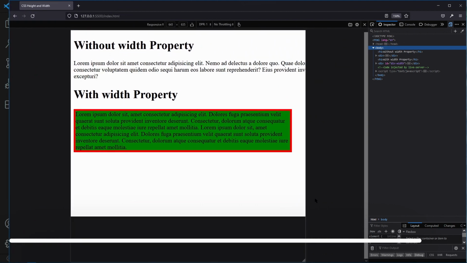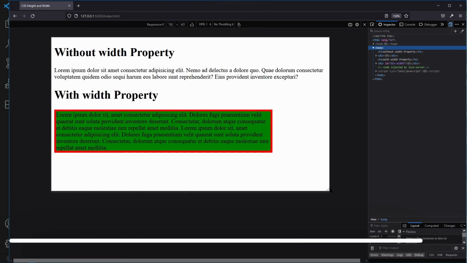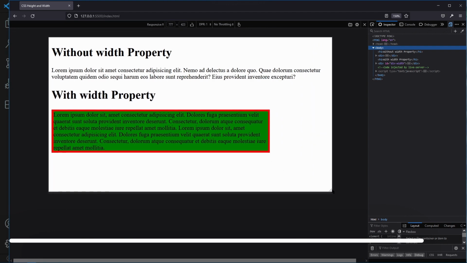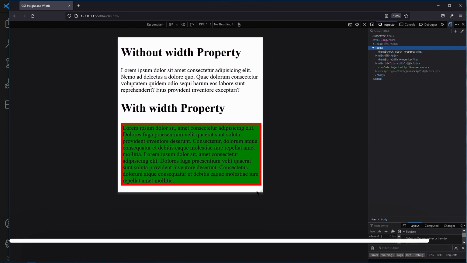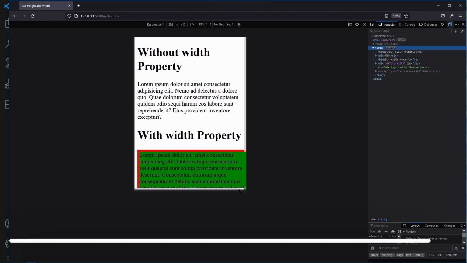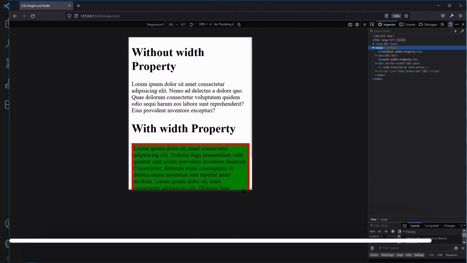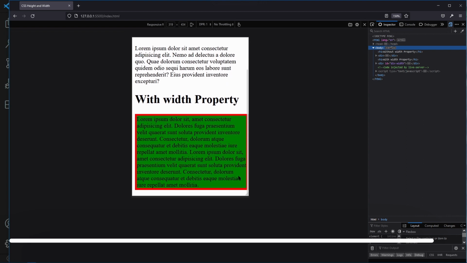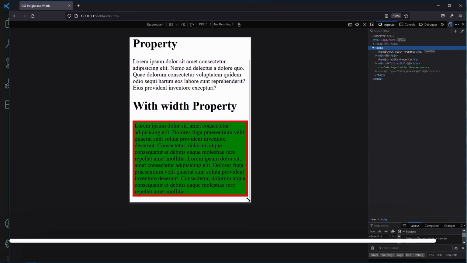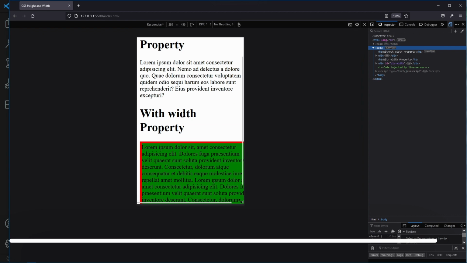As you can see here, if I increase the size of this window, then it will not go beyond the maximum width. If I decrease the window size, as you can see here, the width is now stopped. It has reached the minimum width. It does not go lesser than the minimum width, so it stops.